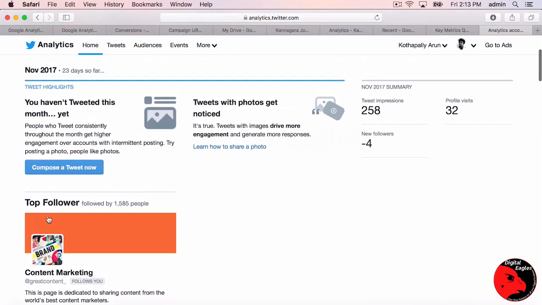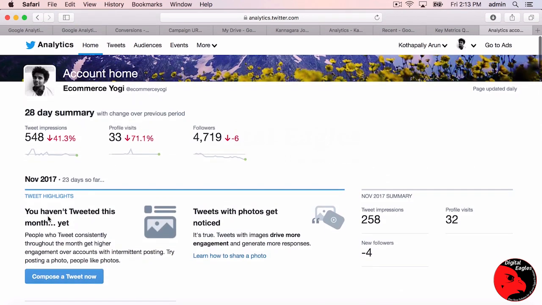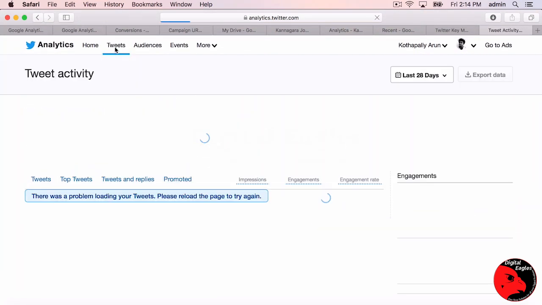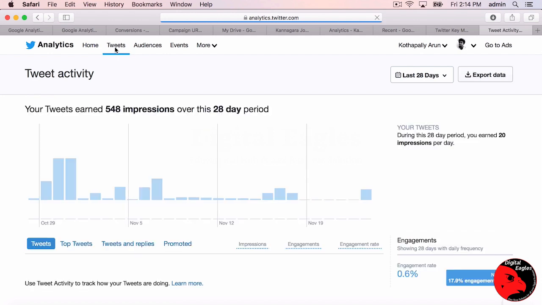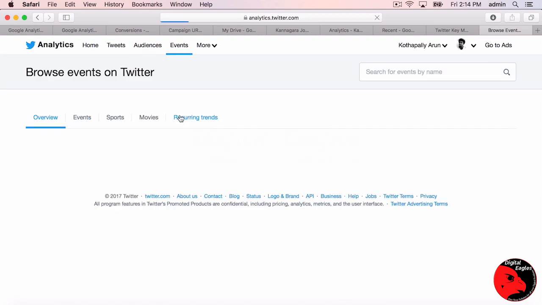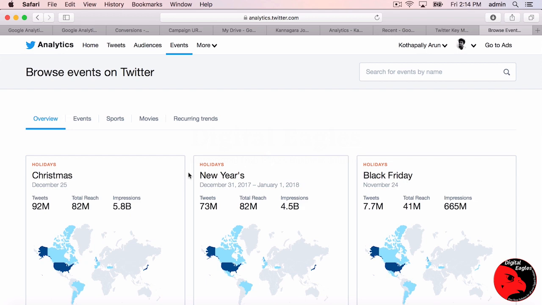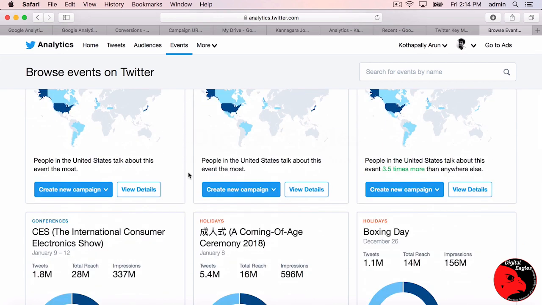It tells who are the best followers who are following you, your tweet activity. Again, you can go and check your tweets, which of those tweets performed well, what kind of audience is visiting your profile page or clicking on your links. You can see the events too. You can get an assessment of the trends going on in the country which you want to promote